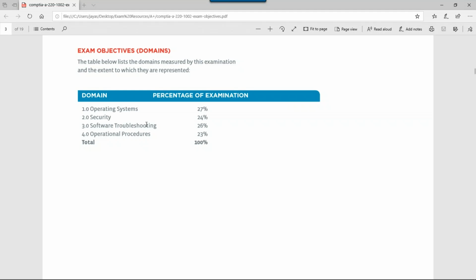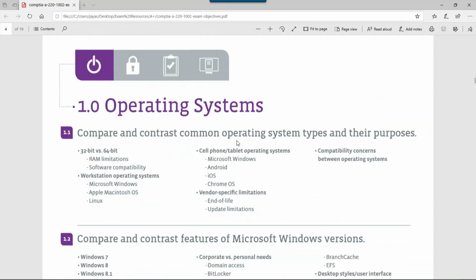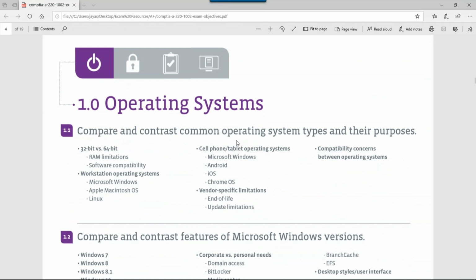It had to do with partitioning. So make sure you're comfortable with partitions, not only the characteristics of them, but knowing how to extend or shrink them, and the basics versus dynamic and that stuff.